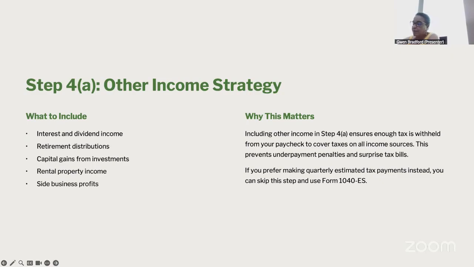So say, for example, you're receiving a total for an annual amount, and it most likely will be estimated, because you don't know at this point, until the end of the year, the total interest and dividend income. But what you're going to do is estimate and put the amount on that line, okay? And then when you go to step 4